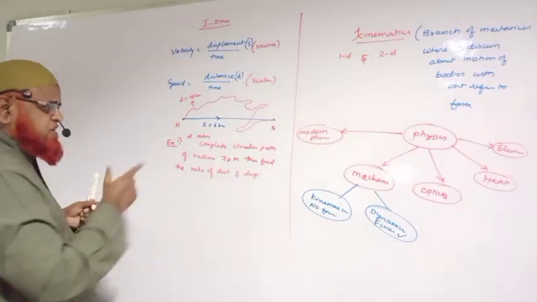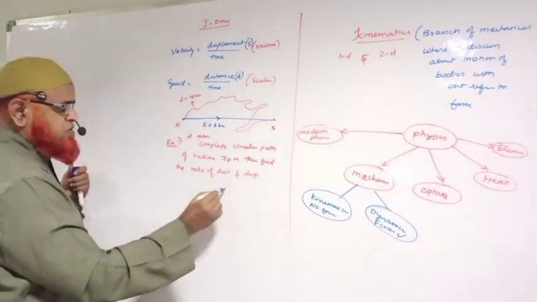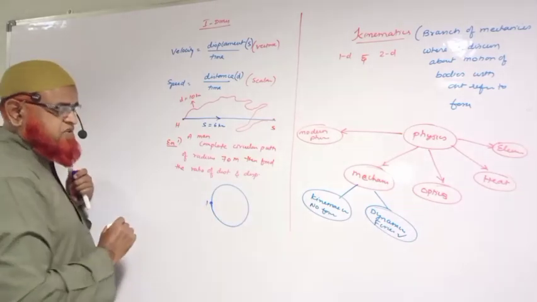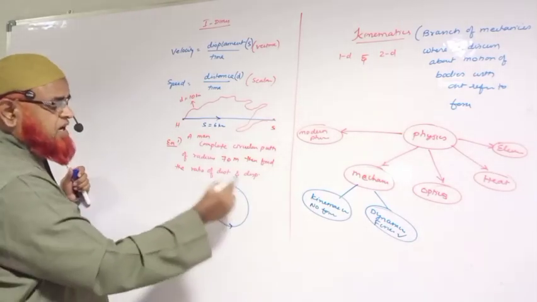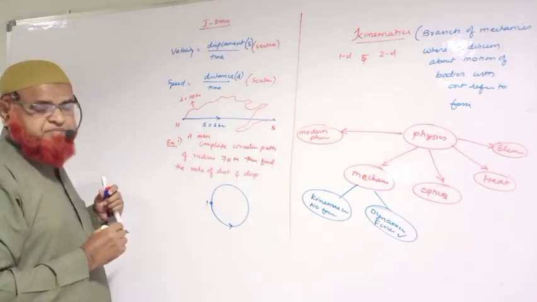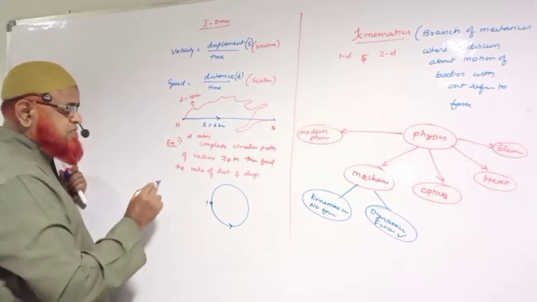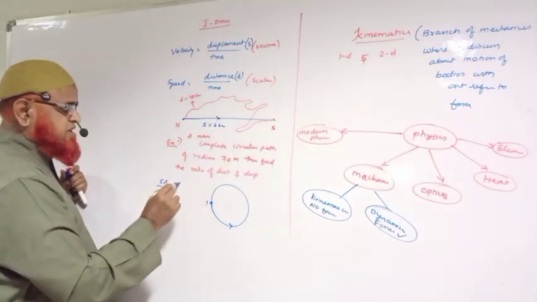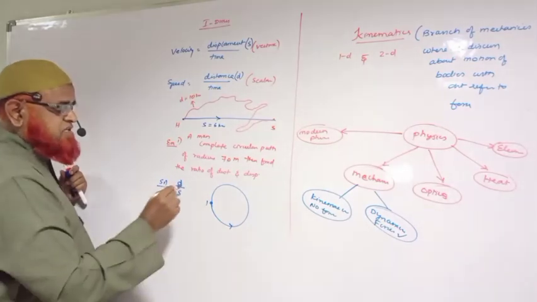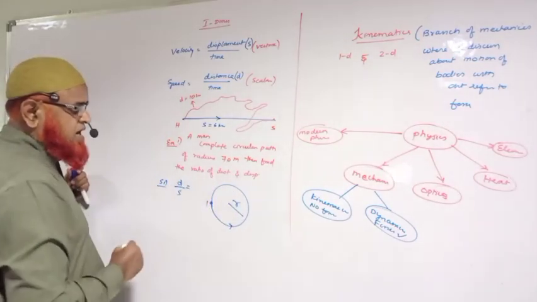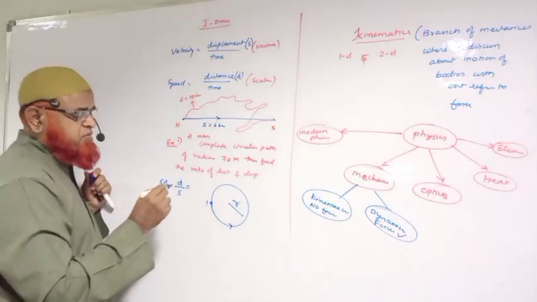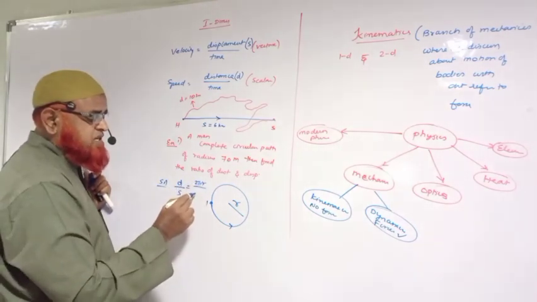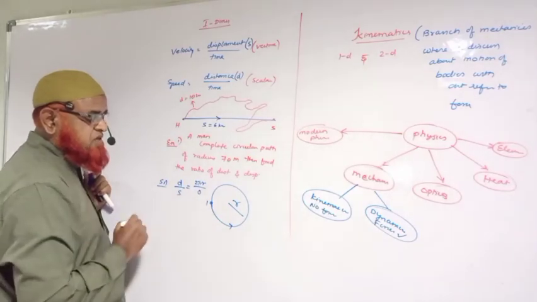So the first question is a complete circle. A man is going to start from one particular point, for example, this is the first point. He completes a circle and reaches the same point here. Then what is the ratio of distance and displacement? The solution: the ratio of distance and displacement. Distance means D, displacement is S. This is radius R. What is your formula going to be? Distance means 2 pi R. And displacement means 0.